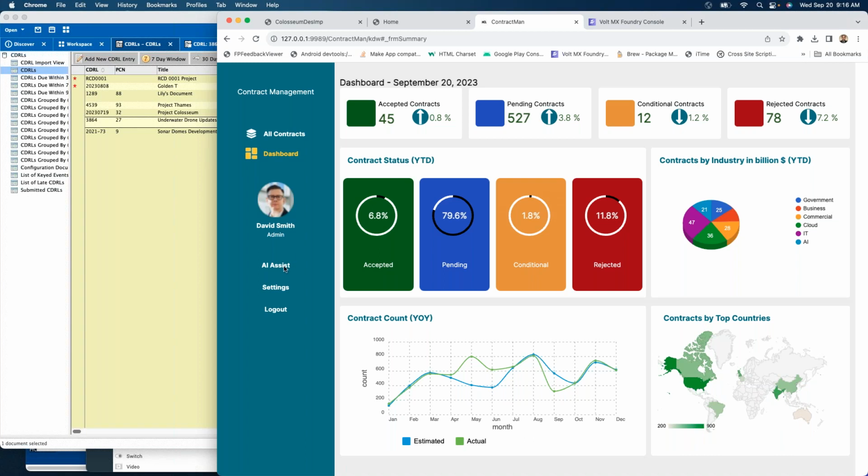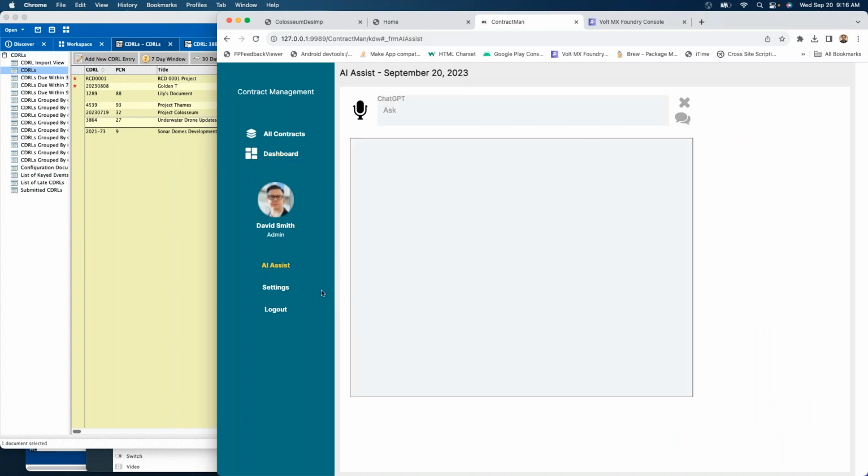Now, one more thing is to show the Foundry ability to integrate with multiple backends, not just Domino, but any backend, for example, like ChatGPT here. So if you wish to enhance your application with the ability to use AI in order to help your user, for example, if I have a question like, how long is a typical contract? Okay, and let's see what ChatGPT comes back with. Okay, a contract can be as short as 1 or 2 pages, okay, and can go from months to many years,